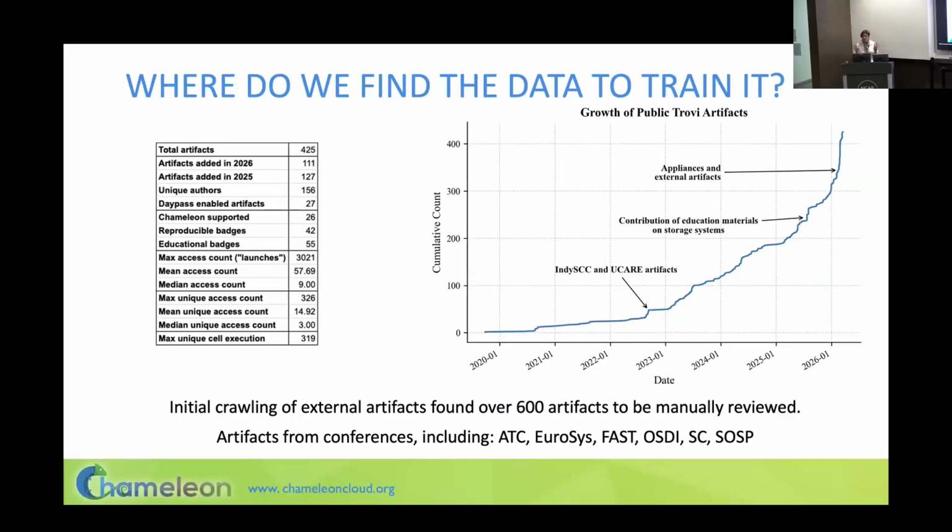And how do we train those environments? As some of you know, at least, we have a system in Chameleon called Trovi, where you can find packaged experiments or packaged educational artifacts. There's a quick graph about how this Trovi collection was growing and some statistics on how it's being used.